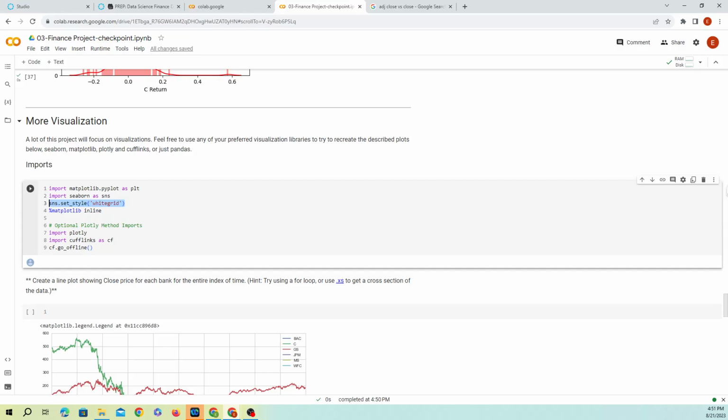It's going to be 12 by 4, and then label equals. We're going to plot the legends as well.